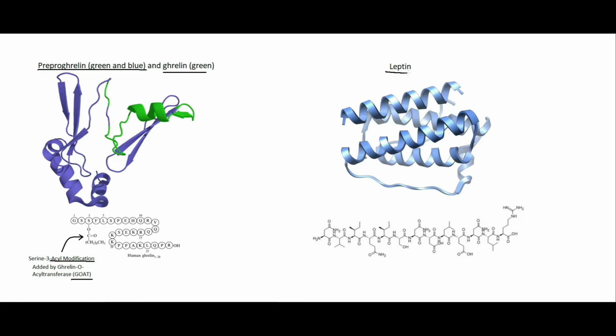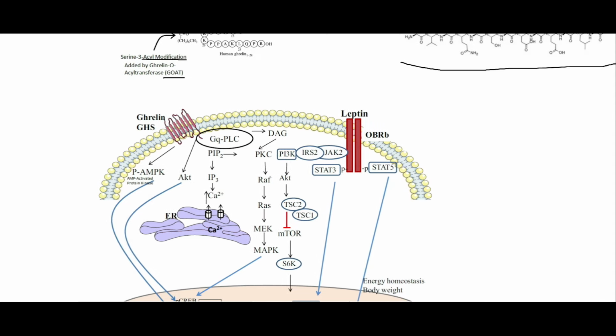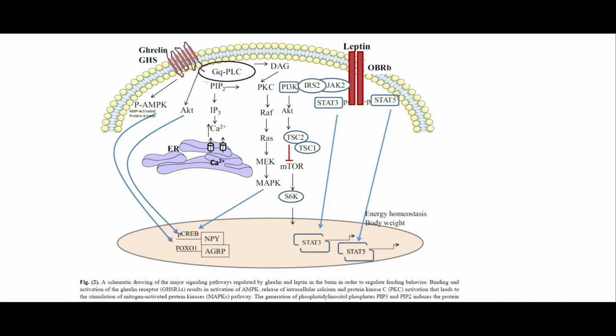And so leptin is also a peptide. So this is the structure of leptin. This is the amino acid view of it. So like I said, it's a peptide. And so we can look down here at these signal transductions for how they work. So the Ghrelin receptor is a G protein coupled receptor. It doesn't show the G protein here. Well, actually, this is the G protein, but that activates the